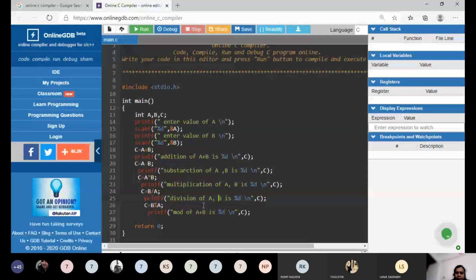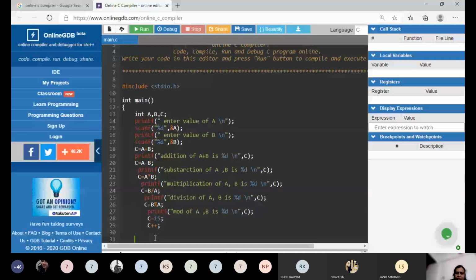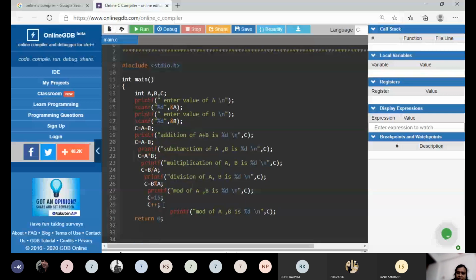Now here I will write C equal to 15. And I will say C plus plus semicolon. What answer I should get? 16. 15. The answer I should get is 16, because plus plus will increment the value by 1. Again I write C plus plus.